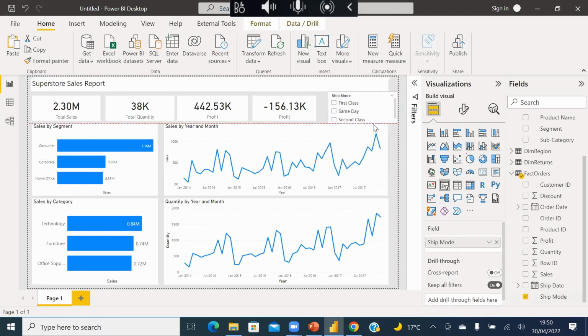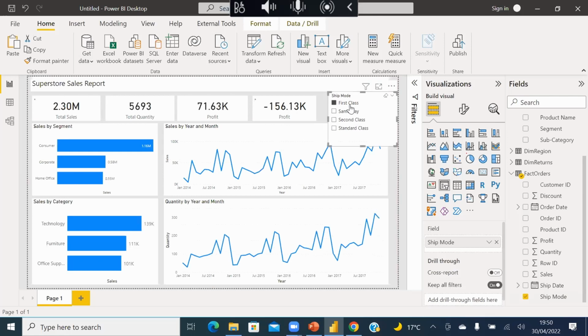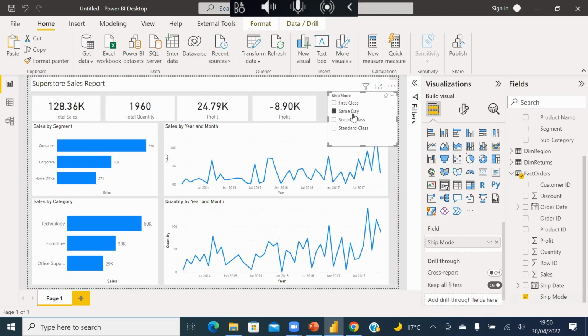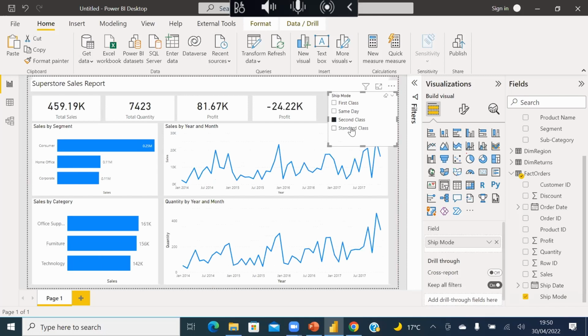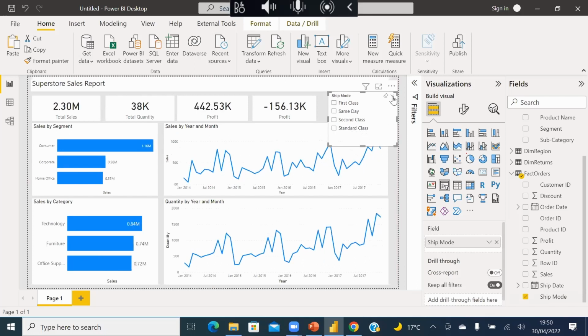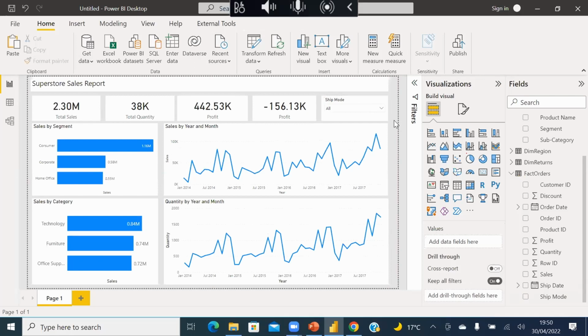So for example, you may just want to see first class only, same day delivery only, second class, and standard. So this is not looking nice. We can choose to change how this should happen. We want to see it as a drop down. We can format this a bit, shift up a bit, and this is great. So you realize that there was no need for us to write any kind of formula.